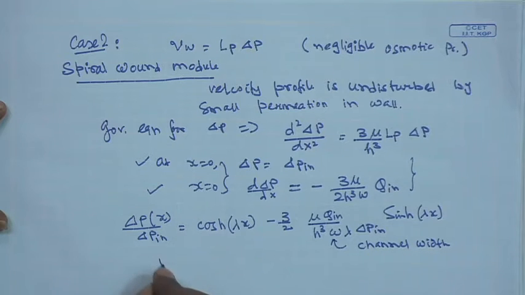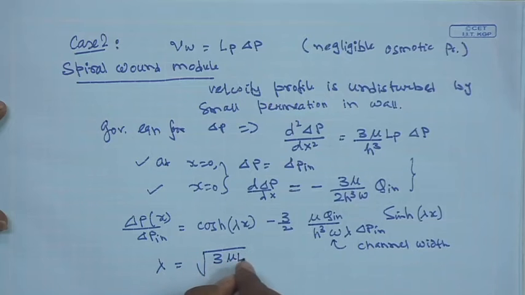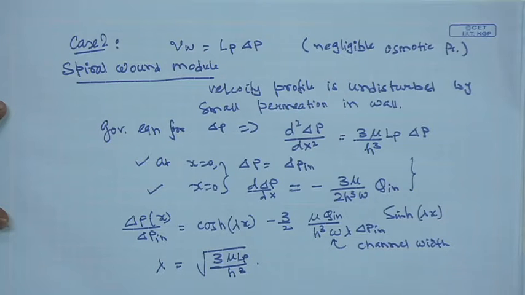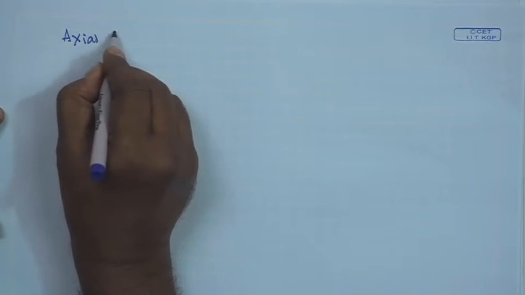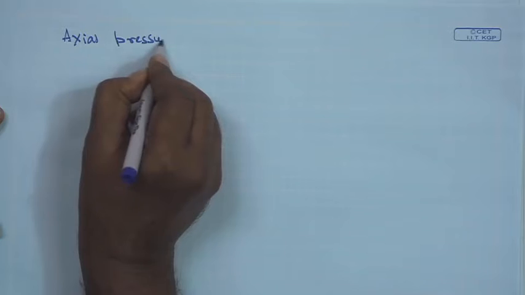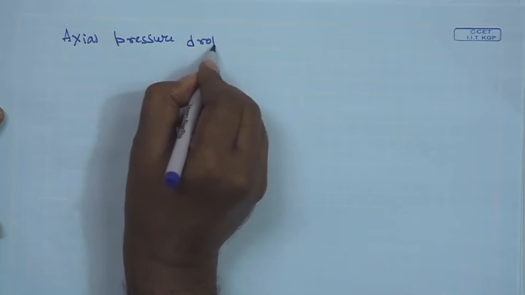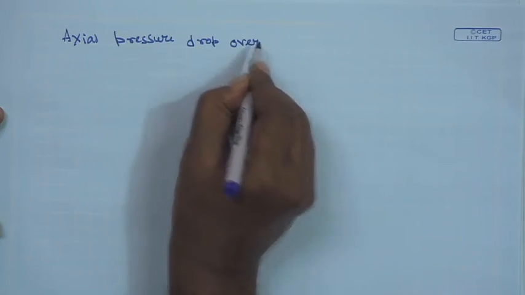Okay. And the parameter lambda is nothing but root over 3 mu L p divided by h cube. So, this is the expression of pressure drop at any distance x in the module or in the channel. Now, the axial pressure drop over the full length